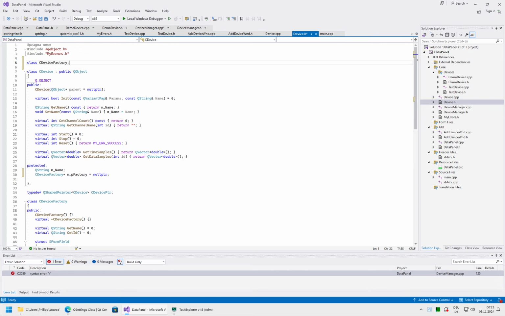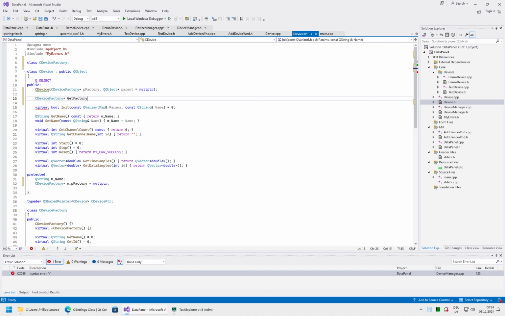It doesn't tell it anything about its content, but it doesn't need to know anything about the content if it's just supposed to be used as a pointer. So this way we have the luxury of having objects referring to each other in a nice way, and we of course need a function to get this. So get factory,